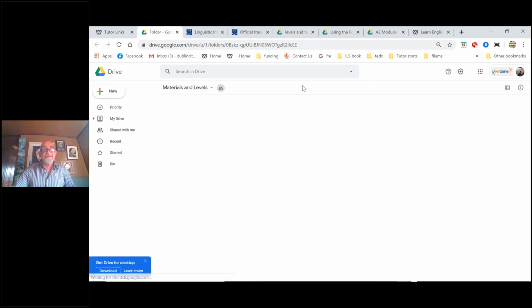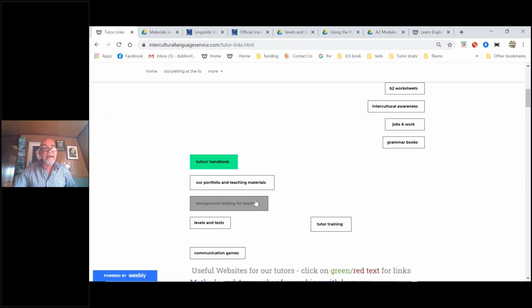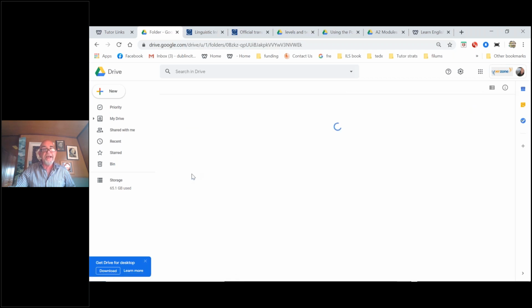But you have a lot of resources there, and the whole idea is to have these as online resources. So you have a lot more resources in that button I've just clicked there, our portfolio and teaching materials. There's other materials here: plain English guides, placement tests, English books, board games. There's any amount of stuff for basic literacy, and then the actual materials themselves are here. And Fergus would be happy to know we've got links to NALA books here, and NALA have done some excellent publications for